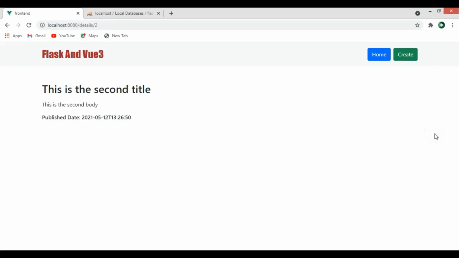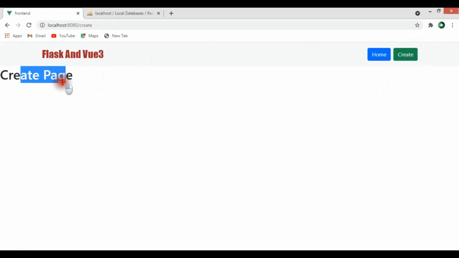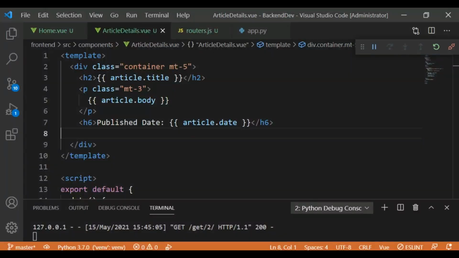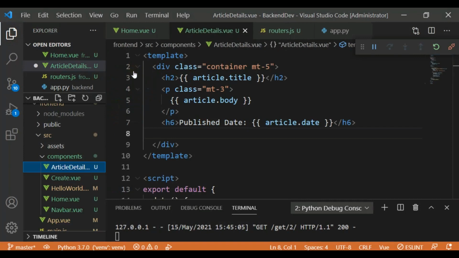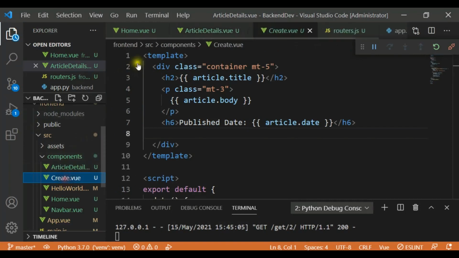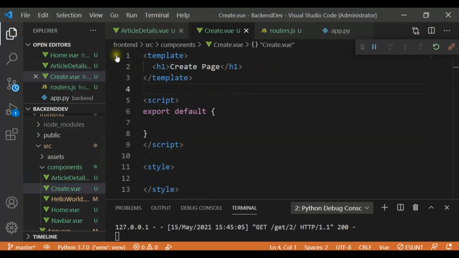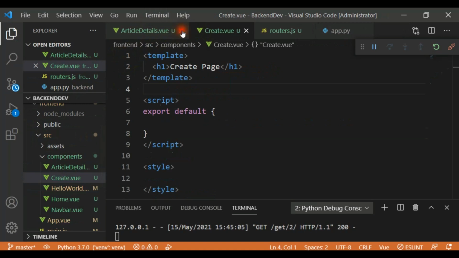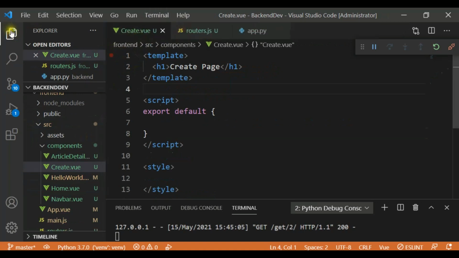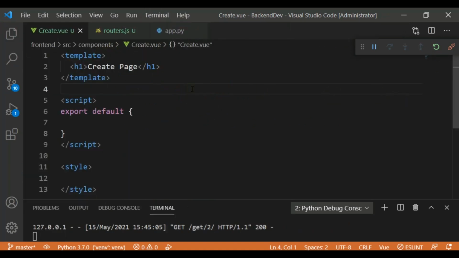Now it's time to work on creating the article. So now we have learned how you can get the data and how you can get the details of the data. Now we want to work on the create. We have already created the create button, and it's just a simple empty component. Let's open the create in here, and this is create.view. Let me close this home.view and article details. Okay, so in the create page,